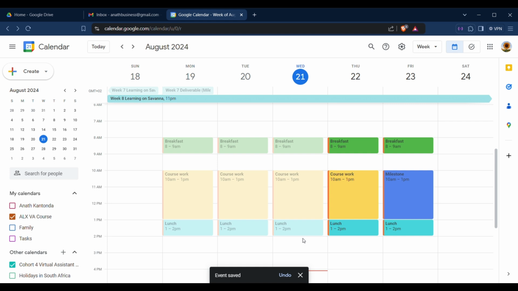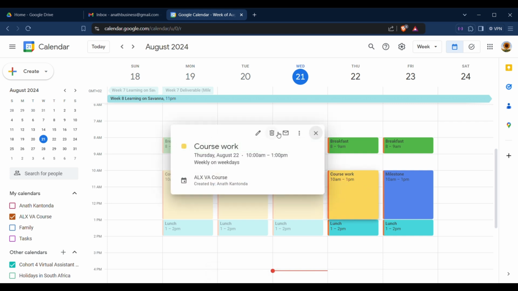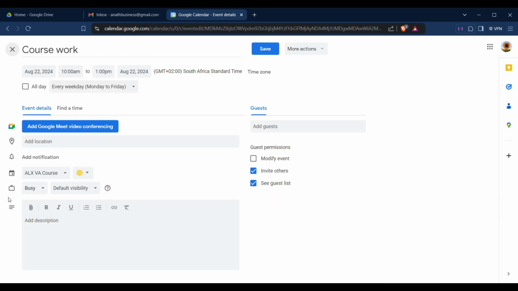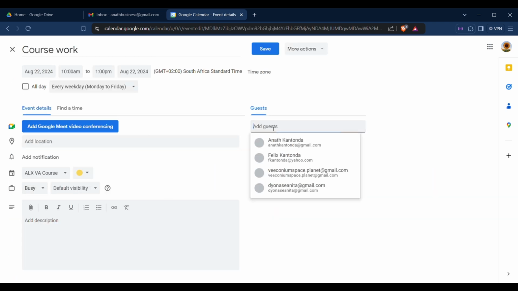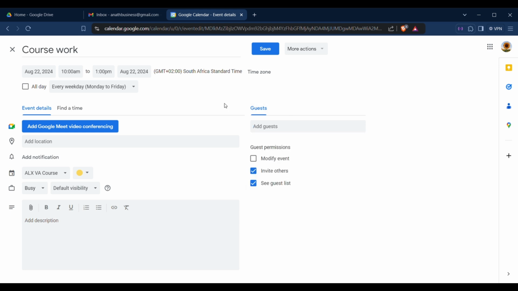And so if you want to invite someone for a particular task or event, you can click on that event. So let's edit this, and I want to add a guest, and so you can just add someone via email, or let's say you want to make this a meeting. So let's say this will not be coursework, this will be a meeting, peer meeting,